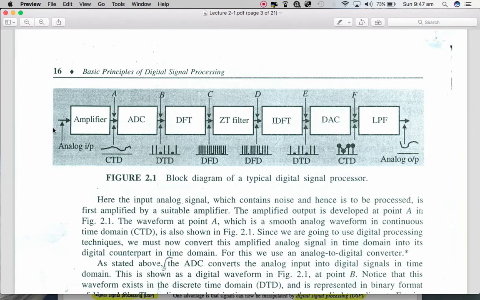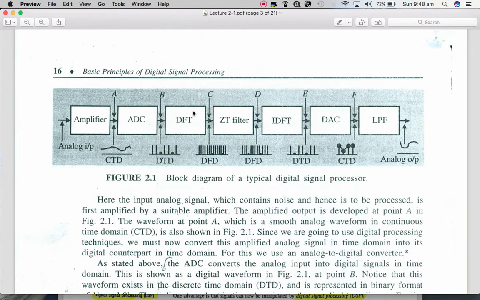The signal, which is in analog form, comes over here, and that signal is exhibiting the noise, and it is being amplified over here, and then the signal will be in the continuous time domain, and this signal is sent to the A to D converter, which is doing the conversion of the analog signal from analog form to digital form, and the continuous time domain signal is converted into the discrete time domain signal. As you can see over here, these are the samples of the digital signal, and afterwards this time domain discrete signal is sent to a kind of environment in which the program of the computer is having this kind of